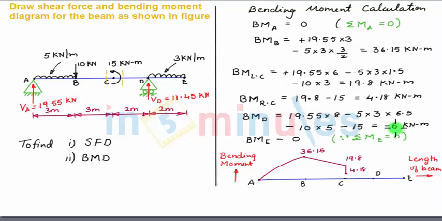Now bending moment at D is equal to minus 6 kilonewton meter. So below point D, let me plot minus 6 kilonewton meter bending moment. The variation of bending moment between point C and D will be, as we can see in the load diagram, there is no load between point C and D, so variation will be linear. So connection will be by an inclined straight line. Now we see bending moment at E is equal to 0, so we have 0 bending moment at E. Now variation of bending moment between point D and E will be again parabolic, since we have uniformly distributed load between point D and E. So with this our bending moment diagram is complete.